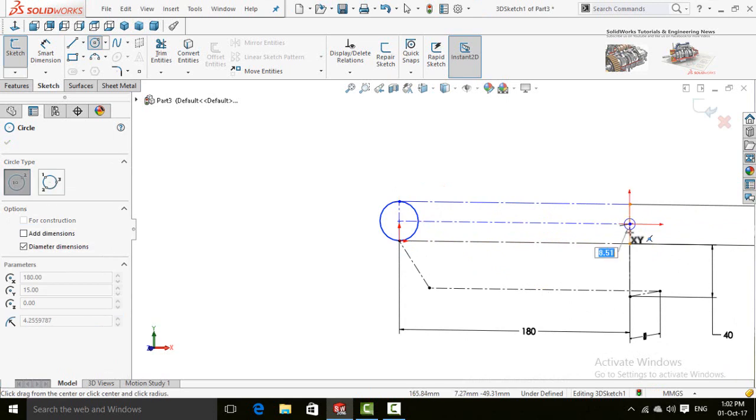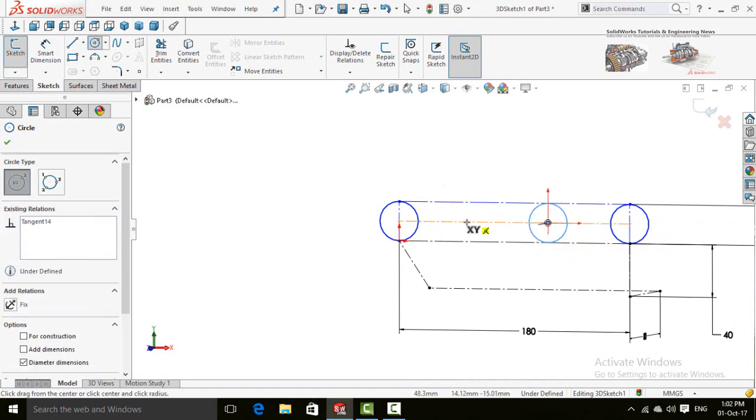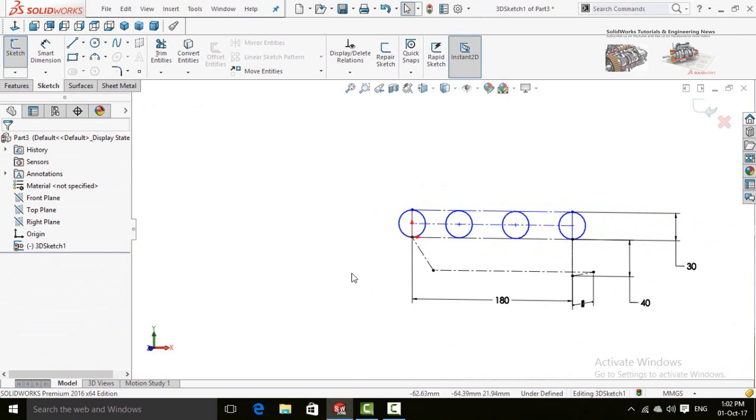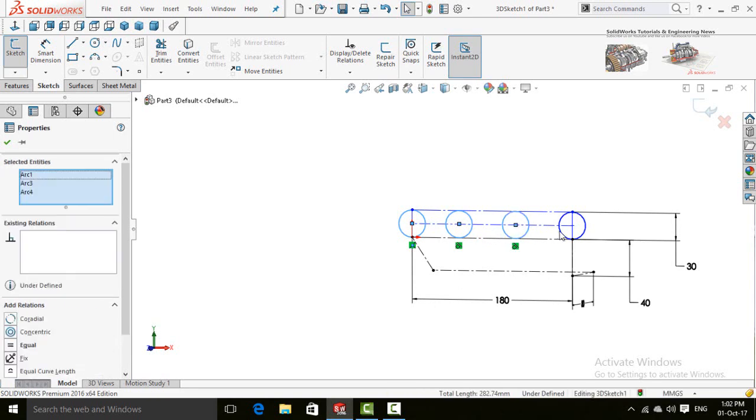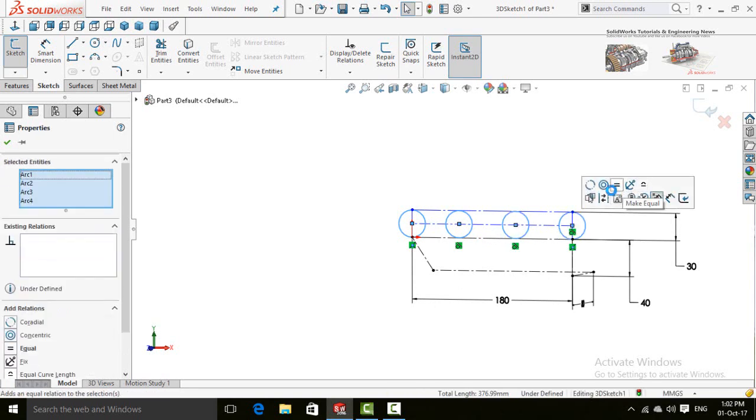Also draw the same circle on this point. We need 2 more circles. Press escape button and then select all these 4 circles one by one and make them equal.